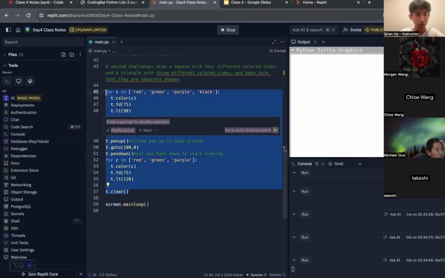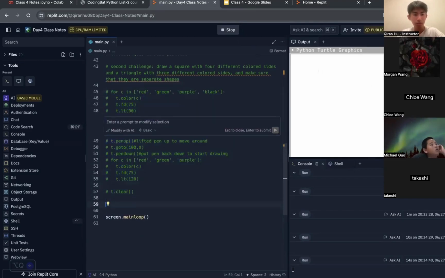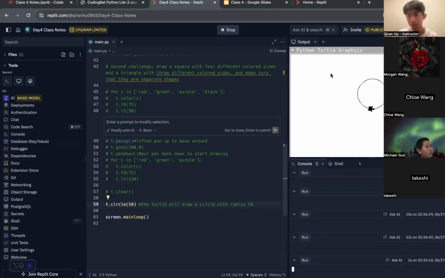All right, now I can comment everything out and do this. So what turtle is also able to do is drawing a circle. So let's say t.circle(50). What this does is the turtle will draw a circle with radius 50. Let's see how it works. Yep. It's kind of edgy, but you can see that it's still a circle with a radius of